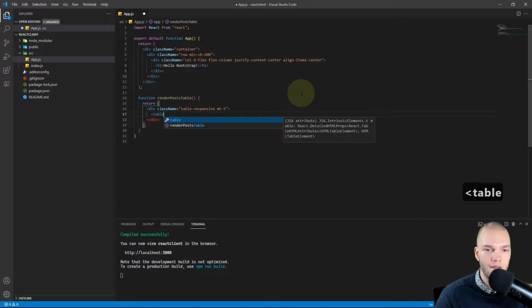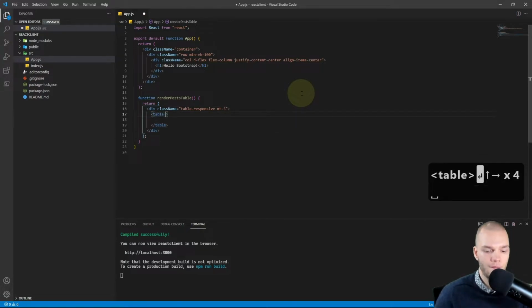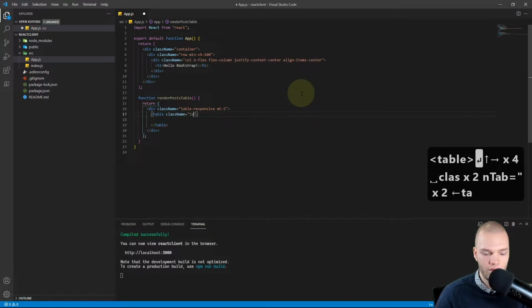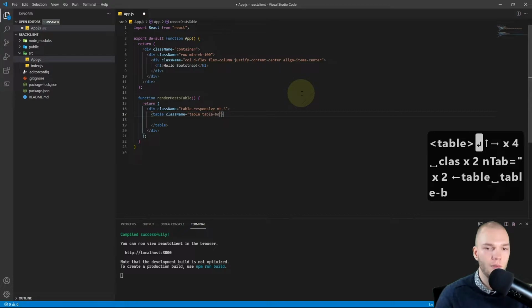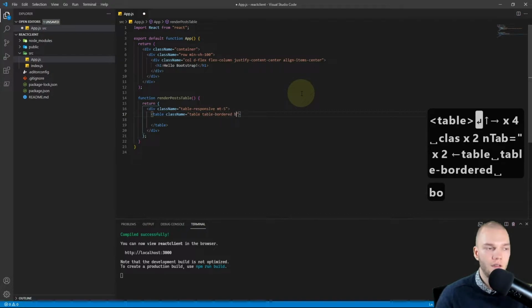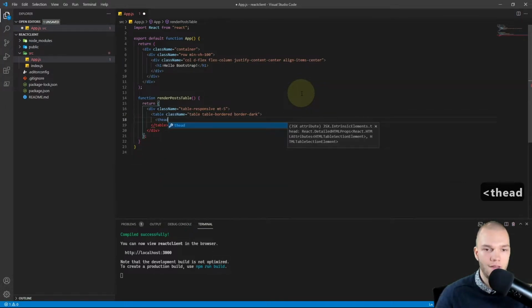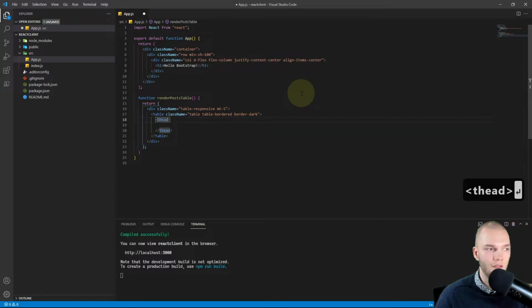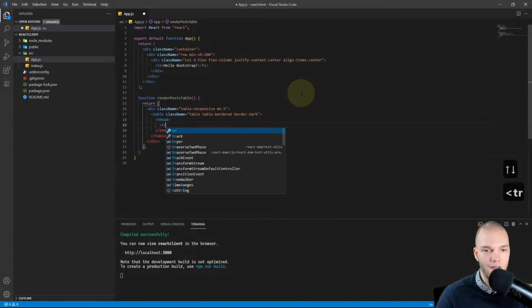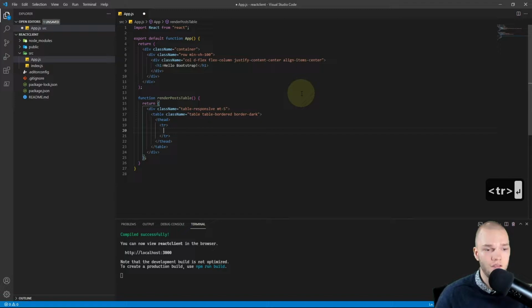Then I'll add a table element and set the class name to table-bordered, and I'll do border-dark. Then I'll add a thead, so a table head, and in there a tr, so table row.